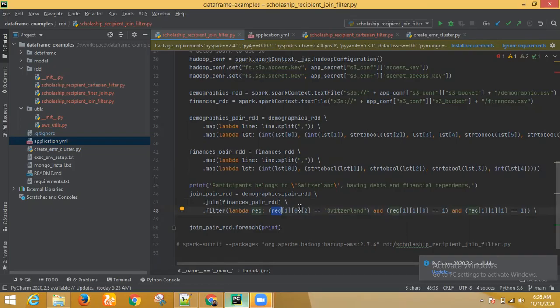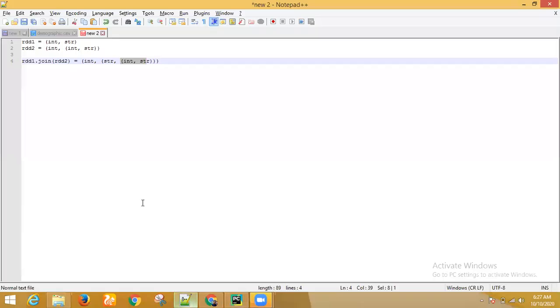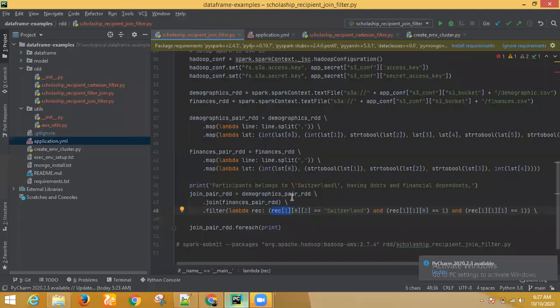Record of 1 is basically the value part of your pair RDD. The value part is a tuple of 2 nested tuples. This highlighted part is that. What I just showed you, this value part is basically this. You can relate it, right? So within this record variable, square bracket 0 is the integer, and square bracket 1 is the entire value part. That's what I mentioned here, the highlighted part.